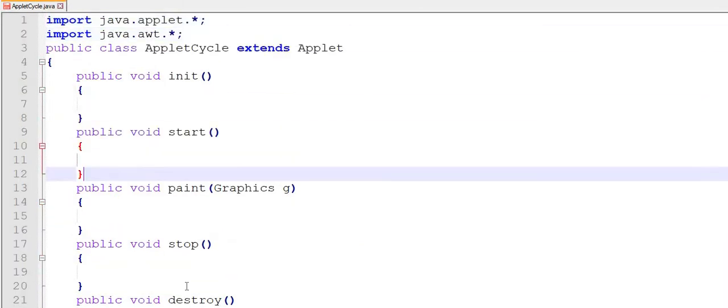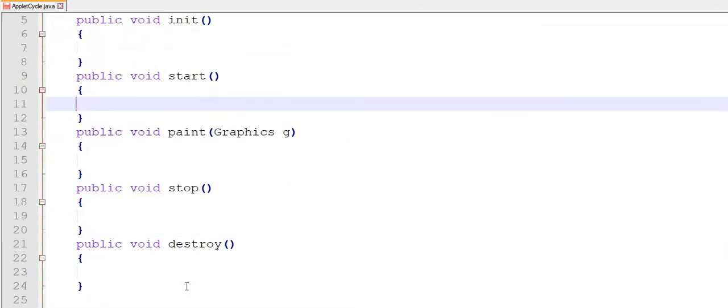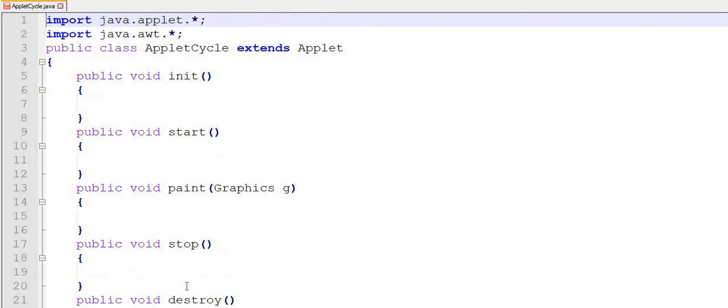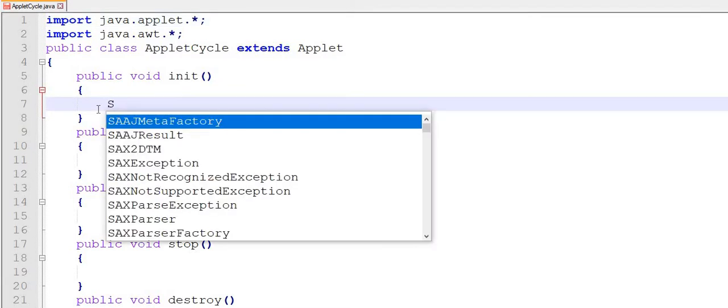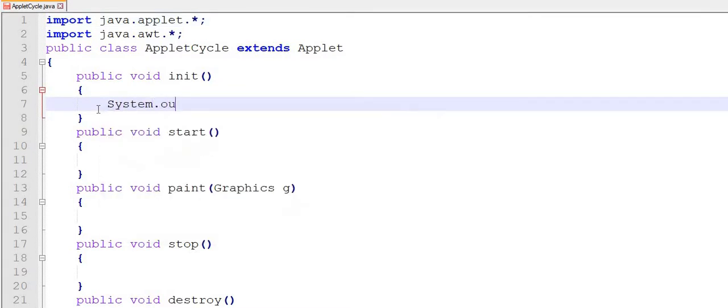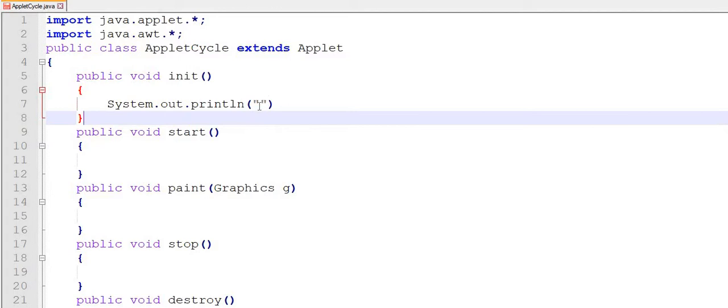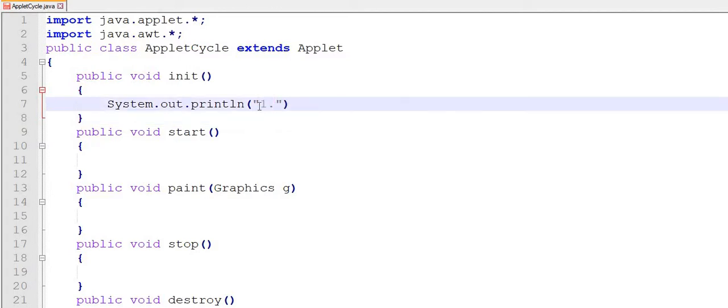So now, as we have declared all the methods, to understand how these methods work practically, we will give some sentences for better understanding. System.out.println. It's the first method, so I'll give "I am init method".